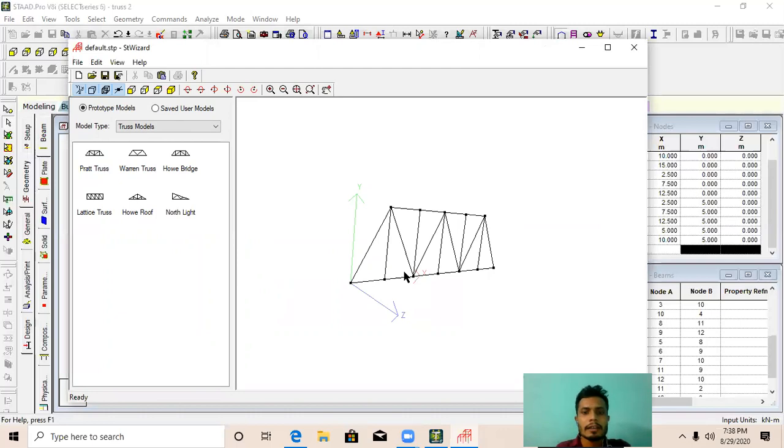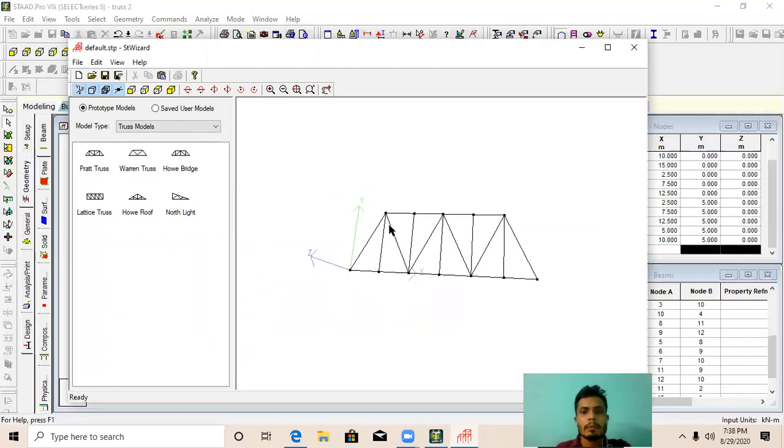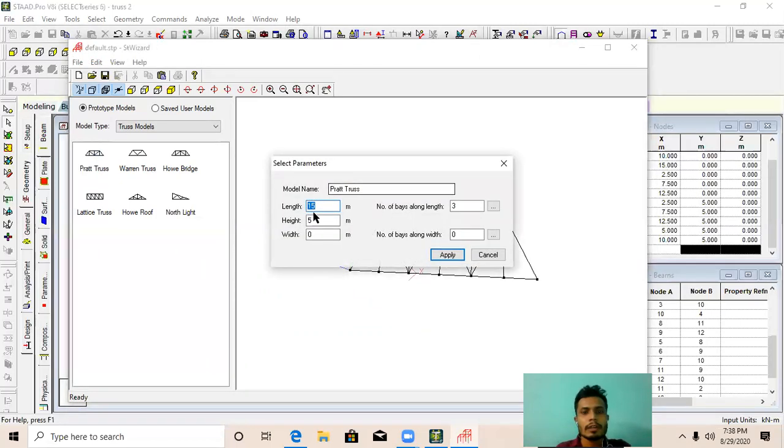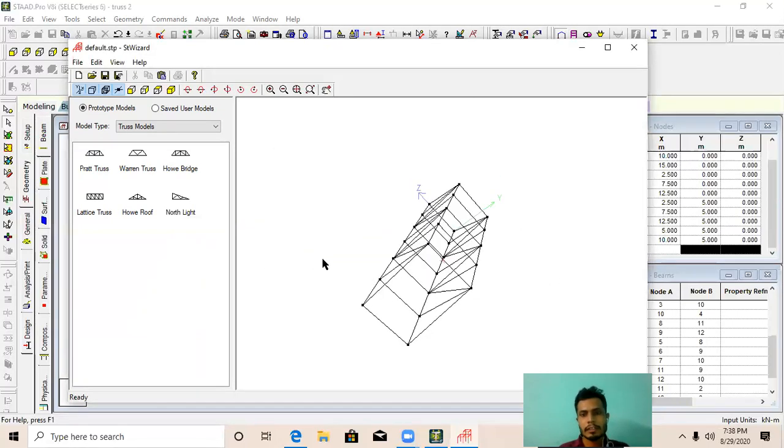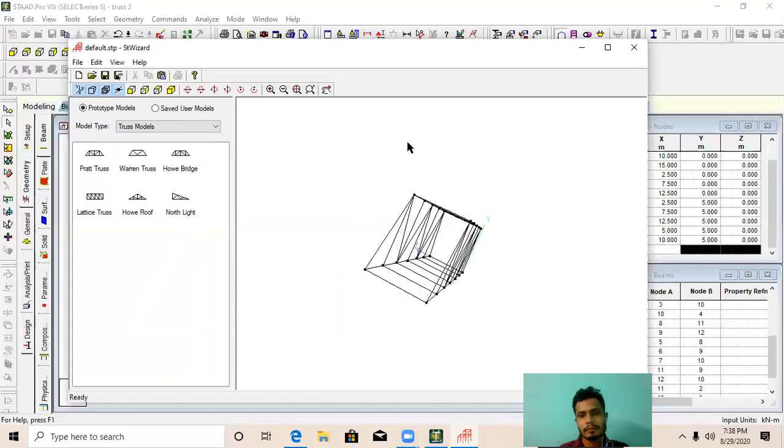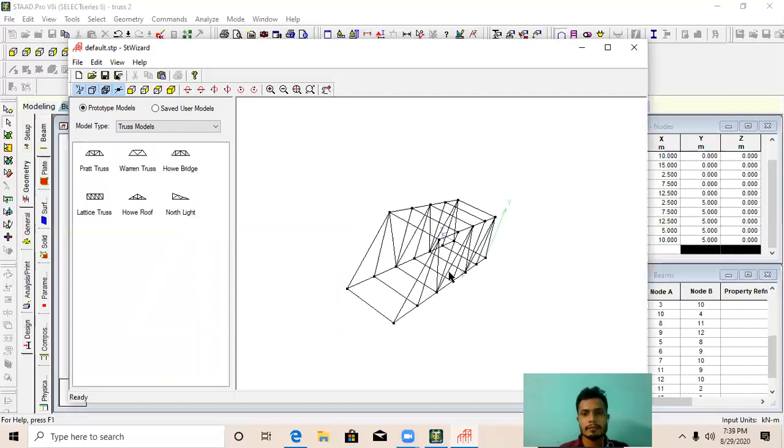If you want to create a truss for bridge, so just you need to put a value of width, like I'm creating a width of the road as 4 meter in that particular bridge, and number of bays 1. Apply. Look at this, like that we can create a truss for that.